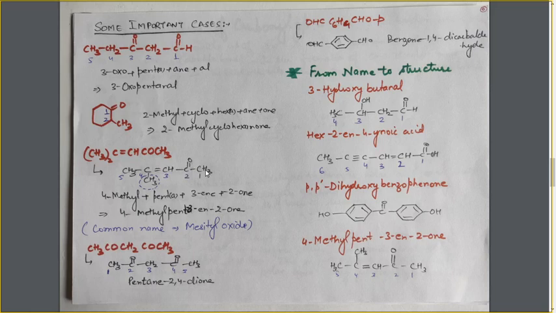So here there are 2 functional groups, that is ketonic group and the double bond. As per the preference order, the ketone is the main functional group, and it is in the longest carbon chain. Then the numbering of the carbon chain is done from this side to give the smallest number to the ketonic group. So the name becomes, it is a substituent at the 4 position, 4-methyl. For the 5 carbon chain, penta, unsaturated.